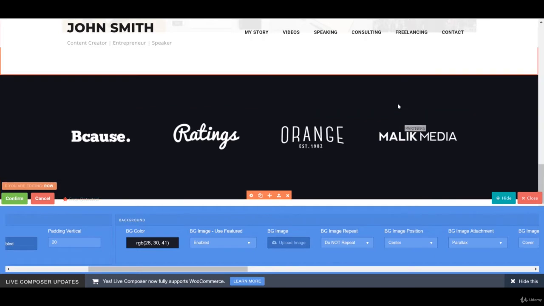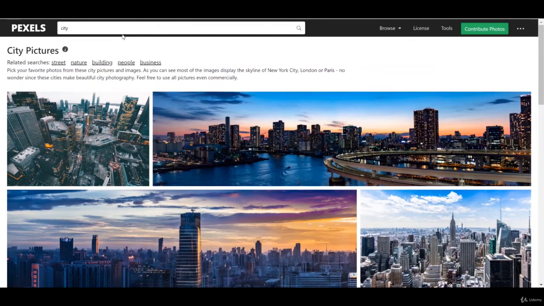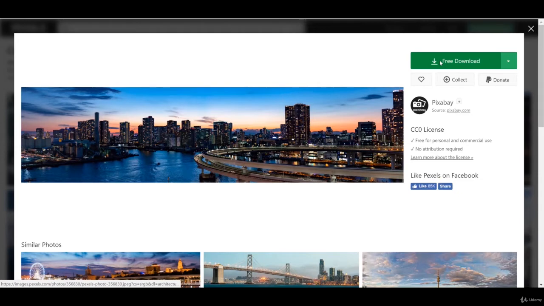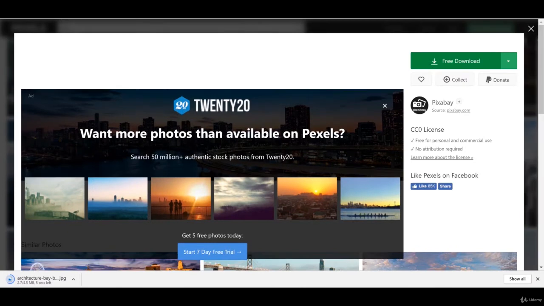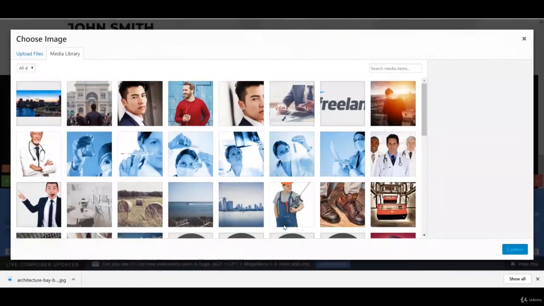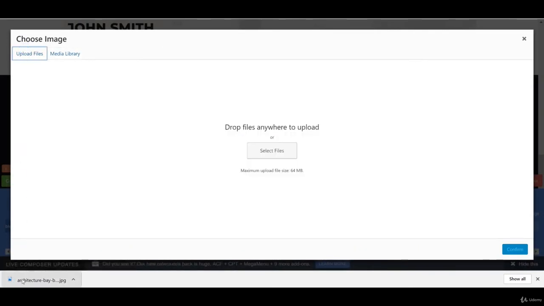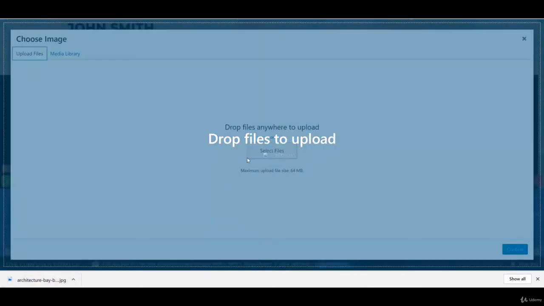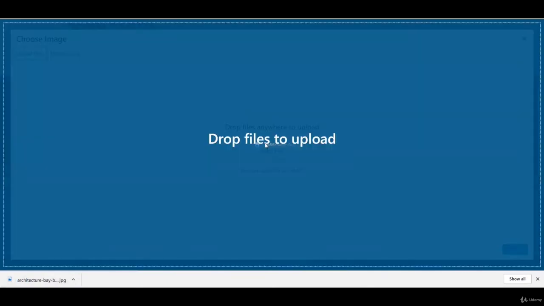So we're going to go and get ourselves a good picture to have in the background. Going back to the site that I showed you has free images, I simply typed in city on Pexels, and the first one that popped up is an absolutely incredible picture. So I'm going to go with that, and you simply hit free download and get the largest file. Then I'm going to go back and hit upload image, and drag that onto there, or wherever your file has been downloaded to. So we drop it in,